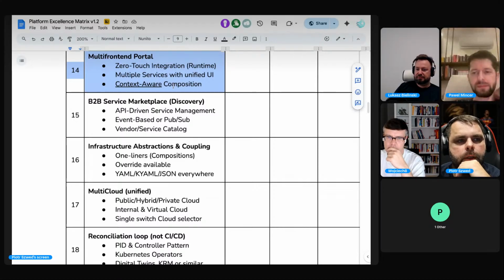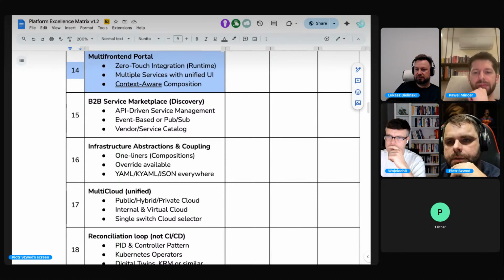Yeah. What I like the most about this one is the context-aware composition. So if you are a developer, you see a different view, different content of the portal than your manager, than testers, than the networking team or database team, right? Or maybe the FinOps people responsible for the budget, right?